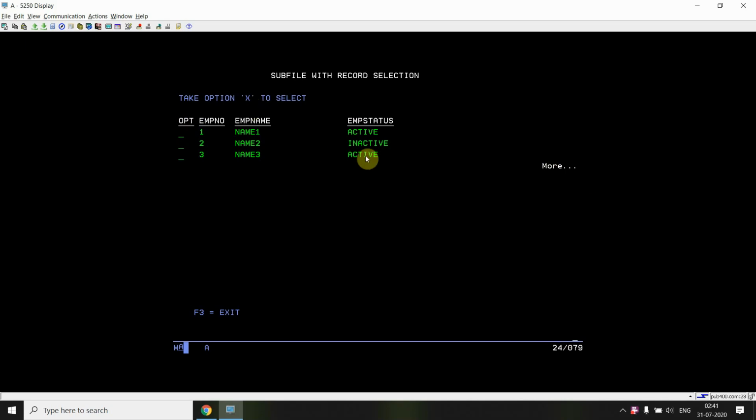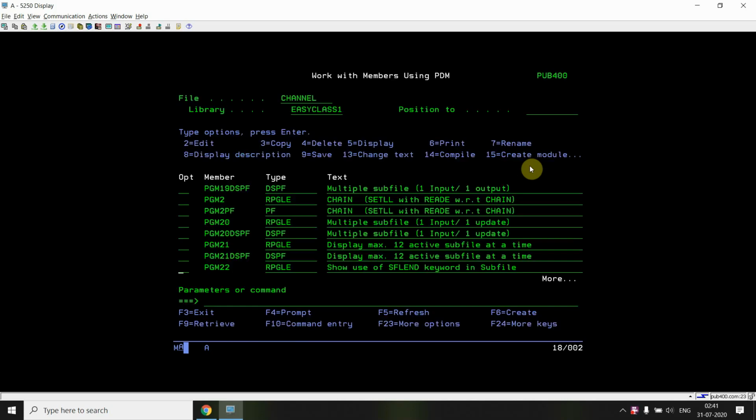Okay, so for example it is showing me More, which means that there is one more page in the subfile. If I press page down, I can see now the Bottom text, which means that I don't have any further record. If I press page down again, I won't be moving down. If I press page up, More will activate again. This thing is basically handled by the IBM OS, because this pagination is basically handled by the OS, since we are using the load-all subfile. Okay, so this is the *MORE thing.